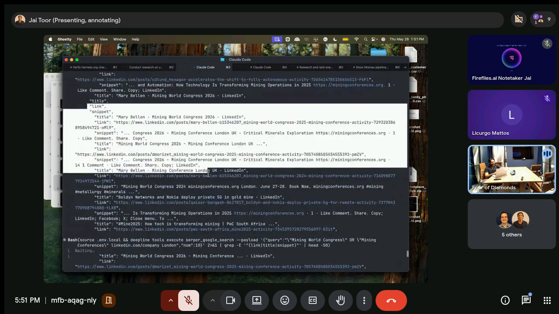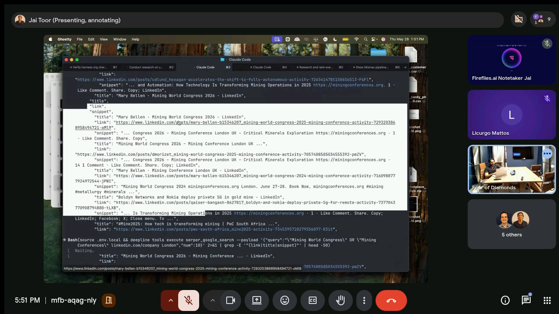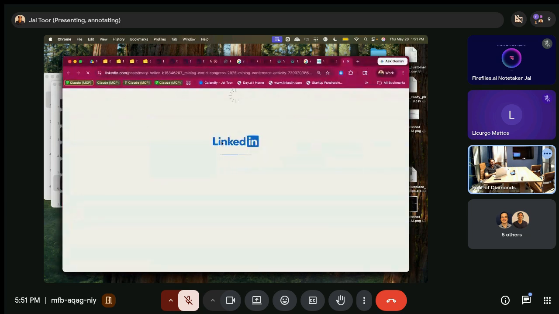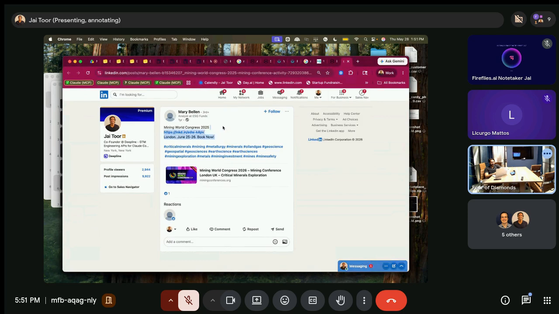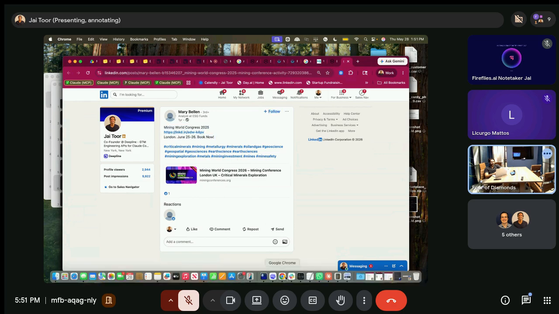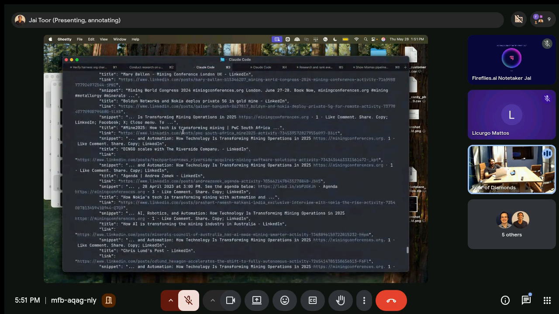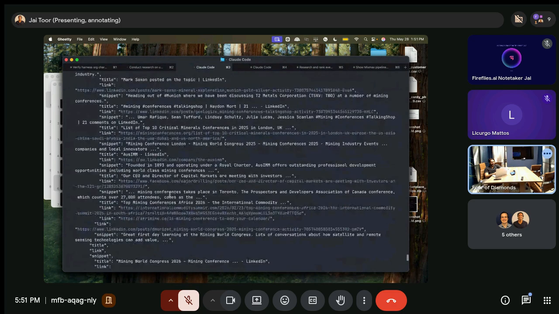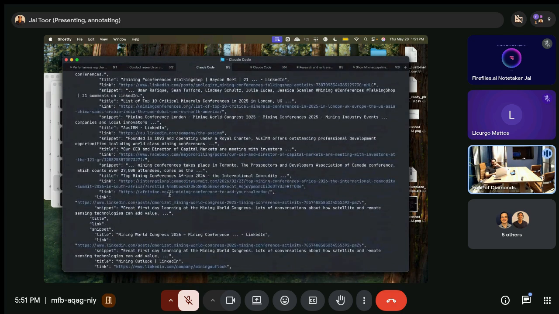Yeah, were you able to get these outputs? So it looks like you can see folks who went last year. That might be a good place to start. But it's just going and trying to find all of the potential ones. Found some on Facebook, Bolden Networks. Am I going in the right direction? Is this what you were looking for?